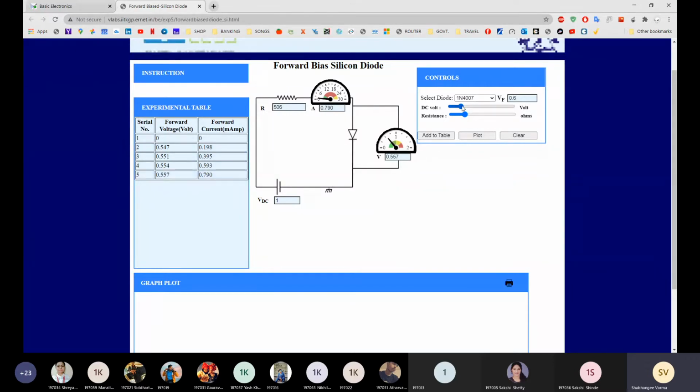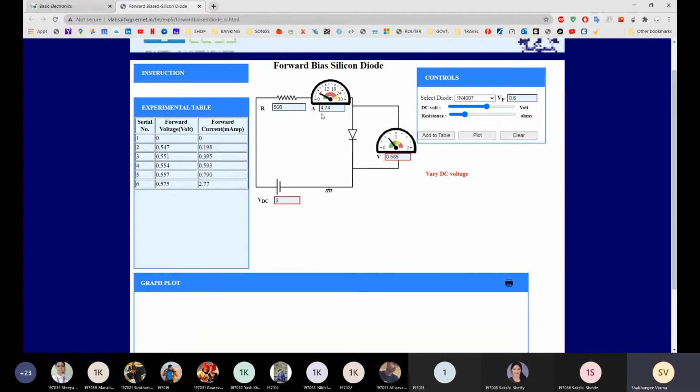Now make it 2 volt. For 2 volt, your reading is this, 2.77. Add to the table. Now here you can write 2 volt. Now make it 3 volt. Okay.